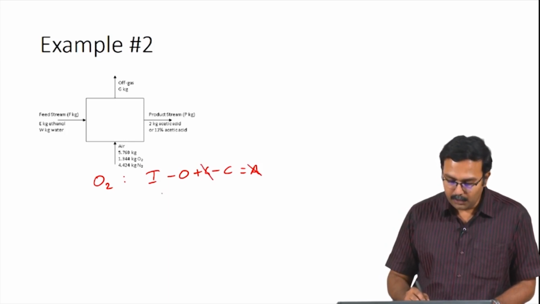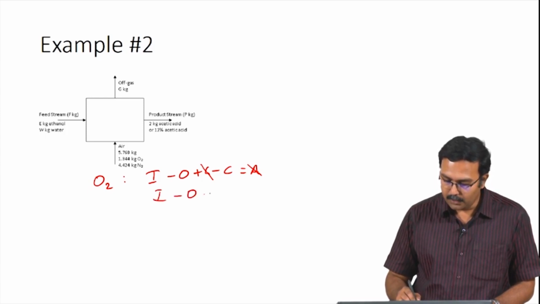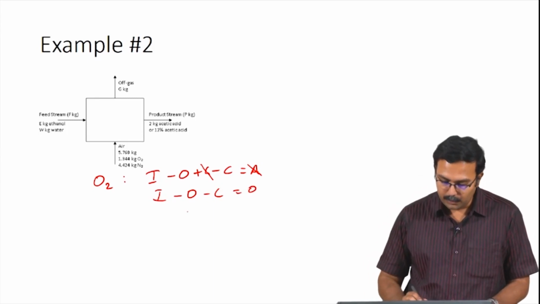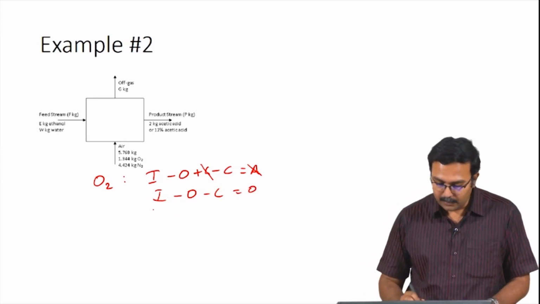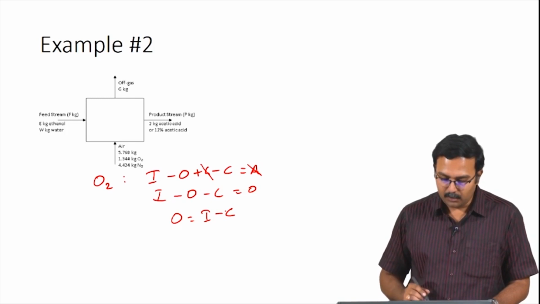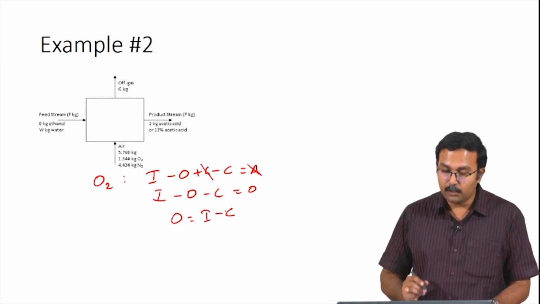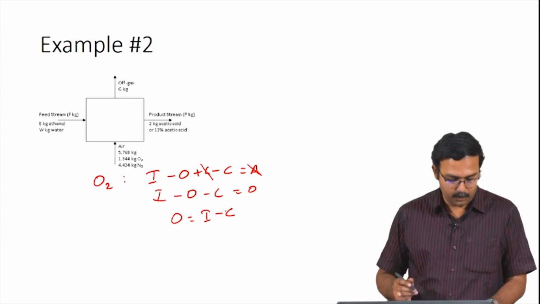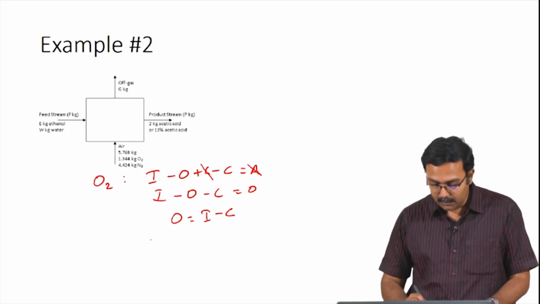So, giving you input minus output minus consumption equals 0. So, you are left with calculating output as input minus consumption. We know the mass of oxygen which is input, we need to know the consumption of oxygen. How do we calculate the consumption of oxygen? Using the